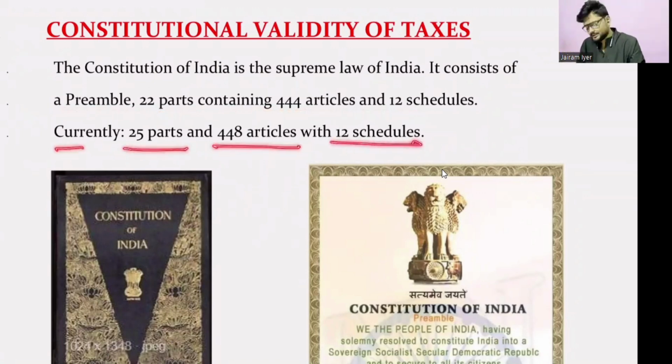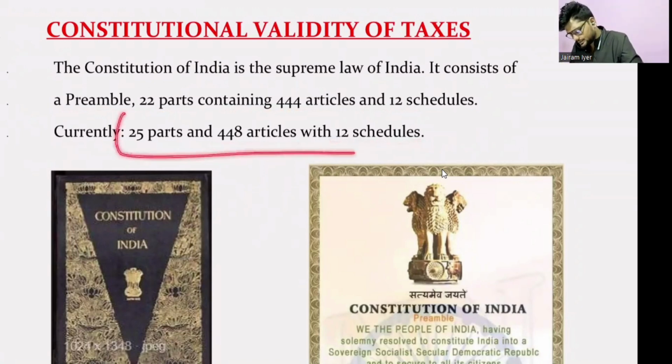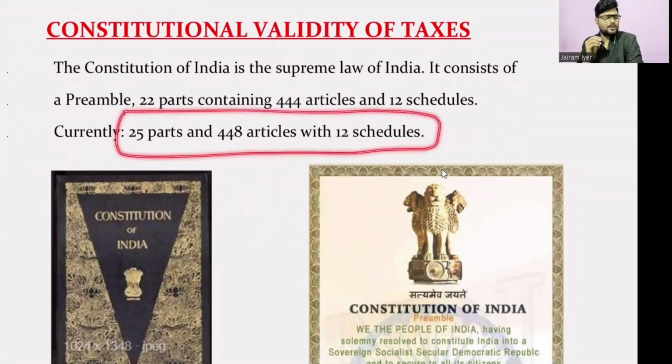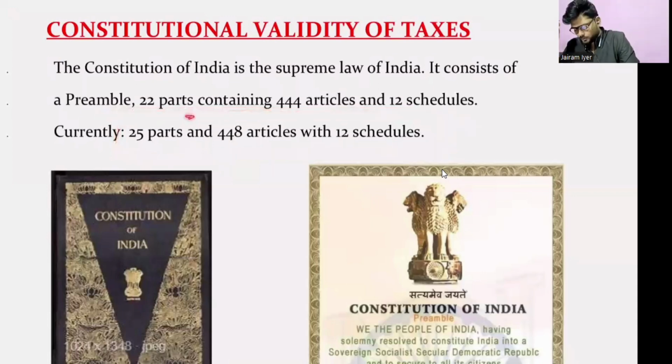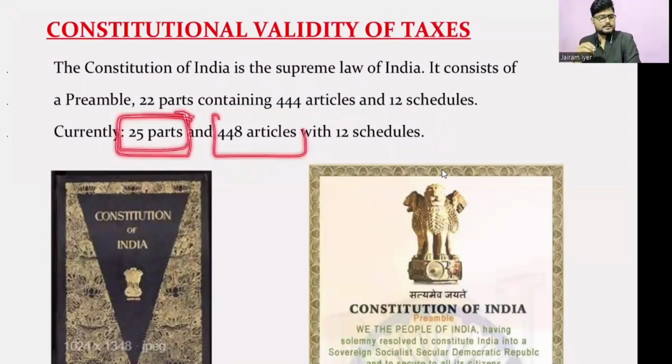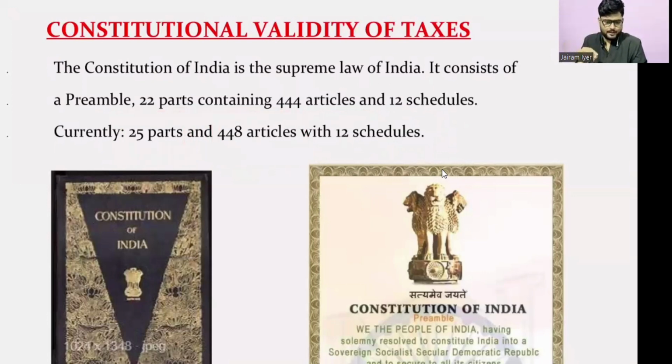What are these? These parts, articles and schedules, just replace them with the example of a library. We know in a library different kinds of books are available. Suppose you are looking for a commerce book. We know there are parts like commerce, arts, science and many others. So these are all parts. Now in commerce also, there is economics, there is accounts. There can be accounts of different levels, like class 12 accounts, graduation level accounts,